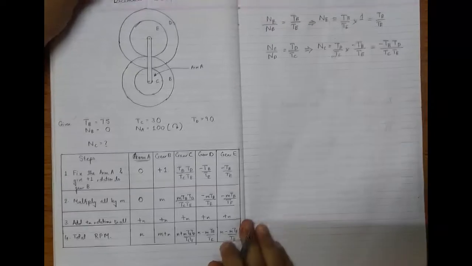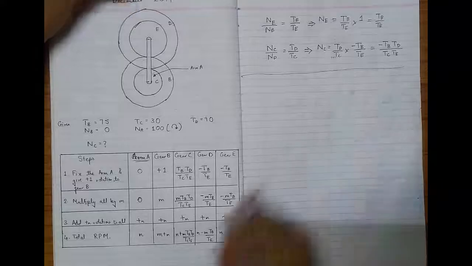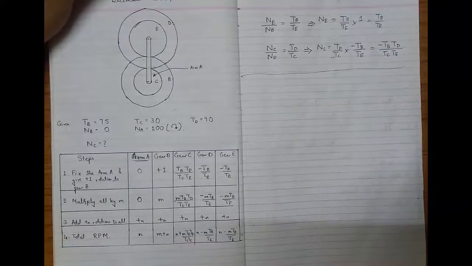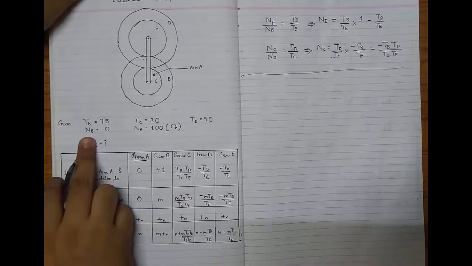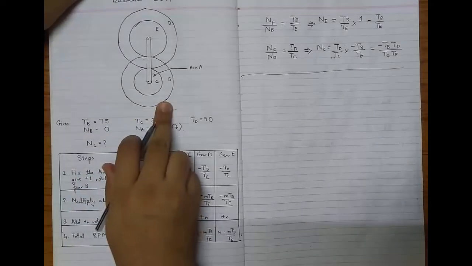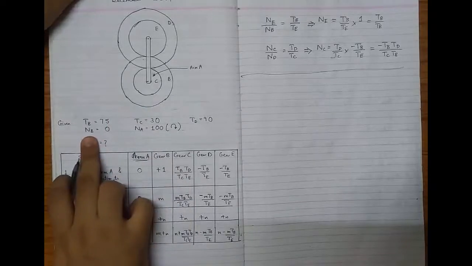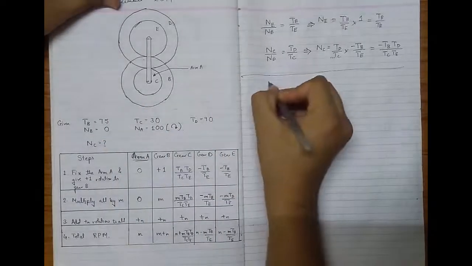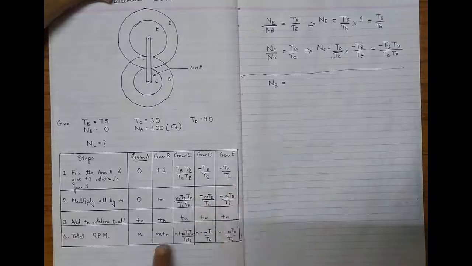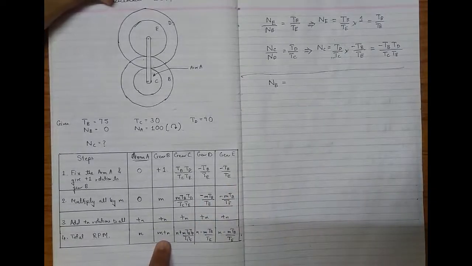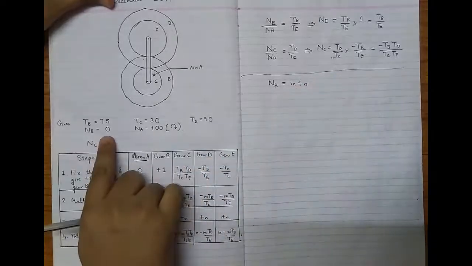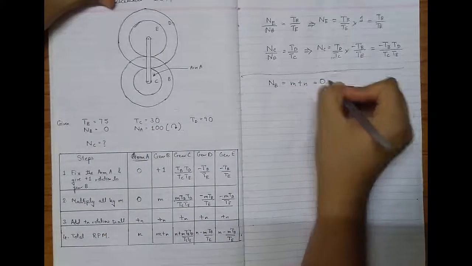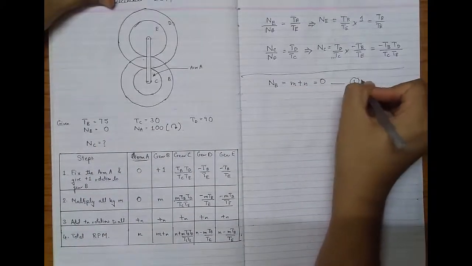Okay. So now we have to find out the values of n and m. To find out the values of n and m, we will require some conditions. And they have given us those two conditions. They have told us that B is stationary. So we can write NB, which is m plus n, and m plus n is equal to 0. So this becomes my equation 1.